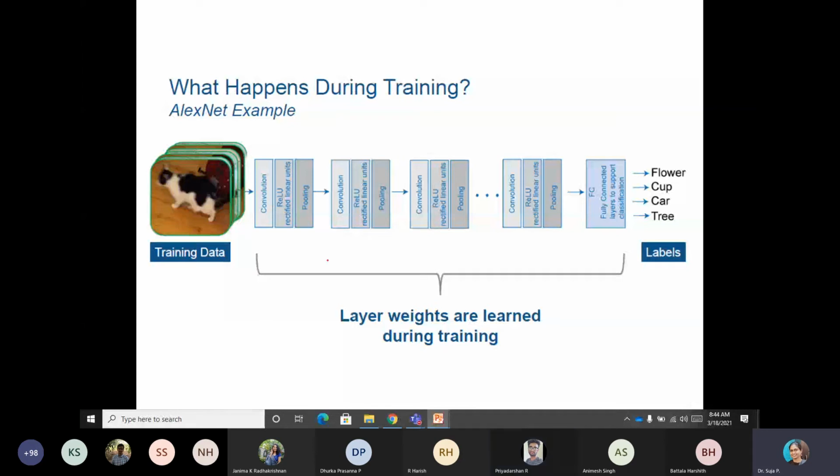Ma'am, when we do downsampling, aren't we losing some part of the image data? Aren't we losing something which might have an effect later, or doesn't it matter at all? Yeah, your question is very right.